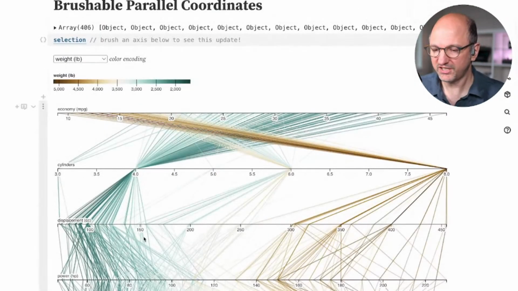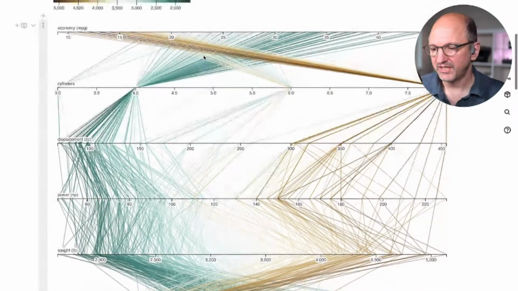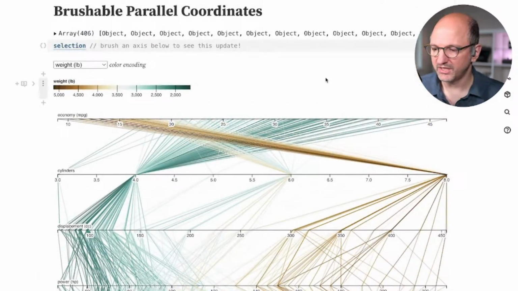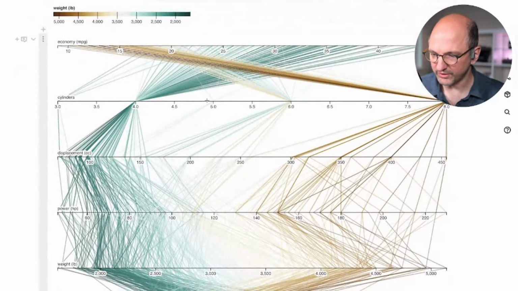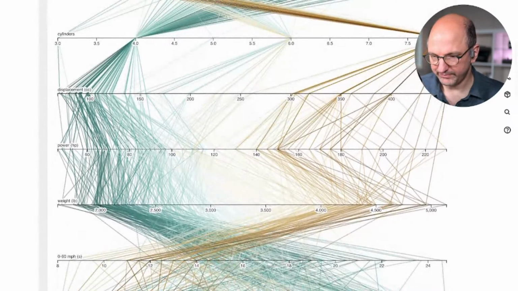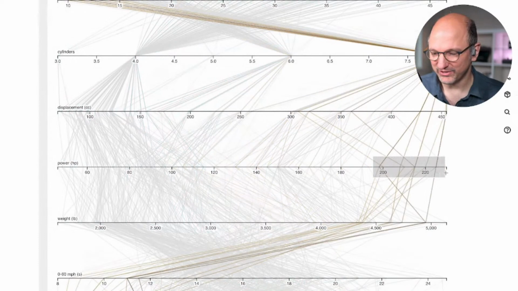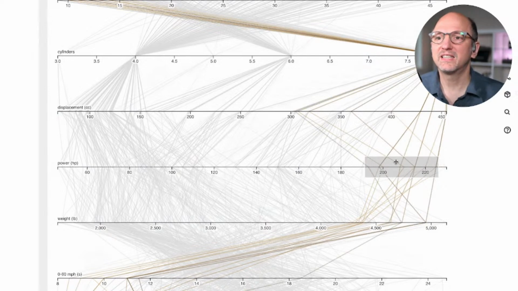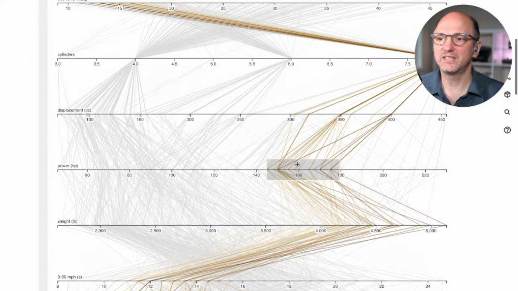And so just to show you this also on the parallel coordinates, because I'm not sure if I showed this last time, but very briefly, I can do the same. So this is the parallel coordinates here on the cars data as well. And I can brush over one of these axes. This is all very highly correlated. I'll just brush over horsepower here. So again, I'm just dragging over the axis, and then this creates this little selection box. And then I can move through here and see how these